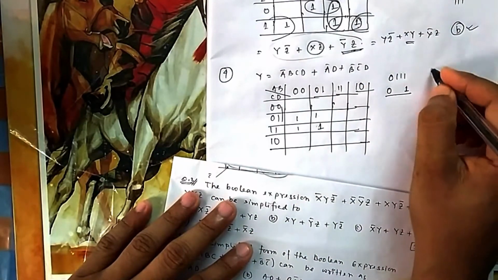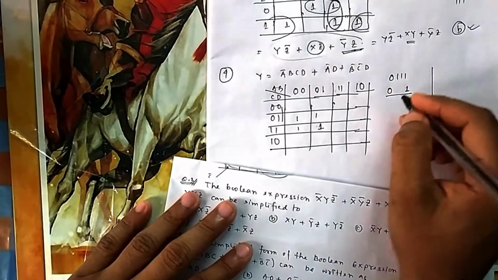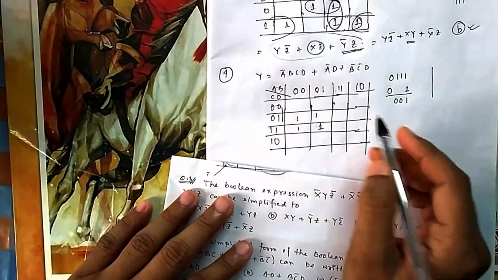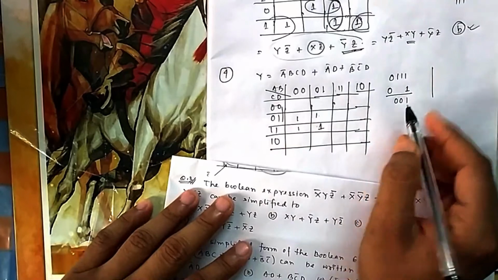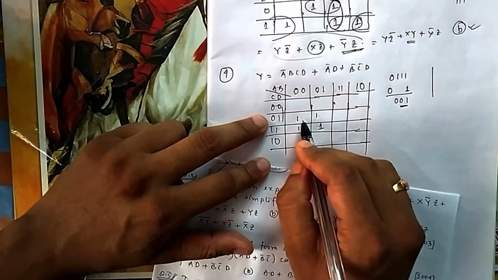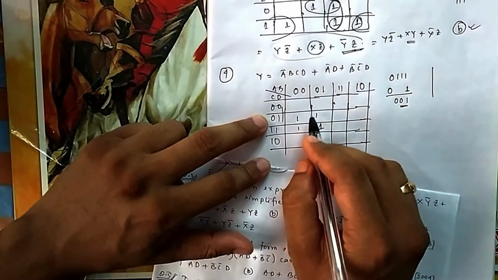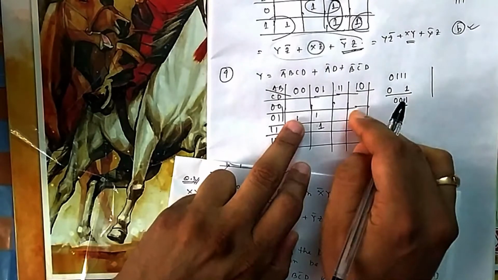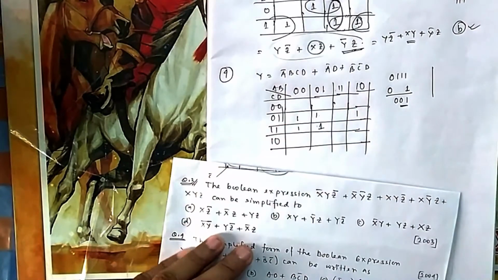Then it is B bar. A can be anything, I don't know A, so I am skipping A. Then it is 0 0 1. So it can be anything, but it should be 0 0 1. So the CD should be 0 1, that is in this line 0 1. Then A can be anything, and B should be 0. So B 0 is here and here. So this is also 1, this is also 1. So these are the options you have.